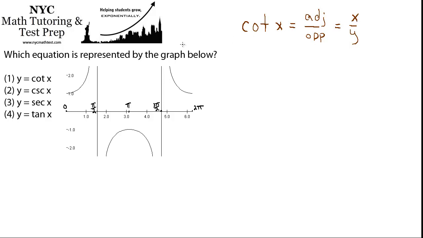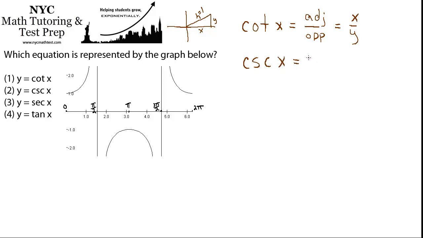So if you don't remember, draw the unit circle and draw a random triangle on it, and the opposite is y and the adjacent is x and the hypotenuse is h. And also, if it's the unit circle, the hypotenuse is always 1, so you can just think of that as 1 if you'd like. The next one is cosecant of x,